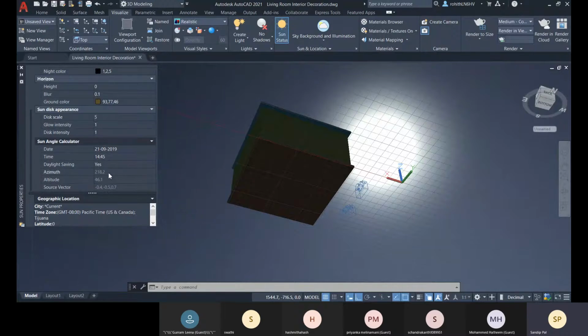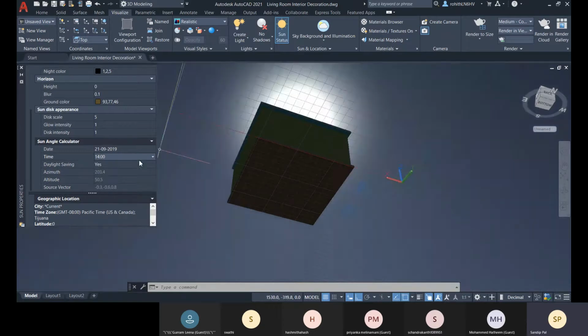All right, and as per that, here it will be reflected. So azimuth and altitude will be reflected as per that. So here suppose just focus on this number, and here if you go for this change, there you can see the changes.